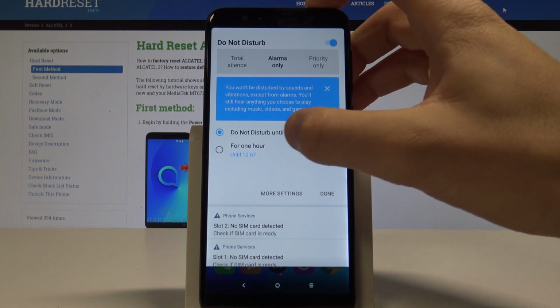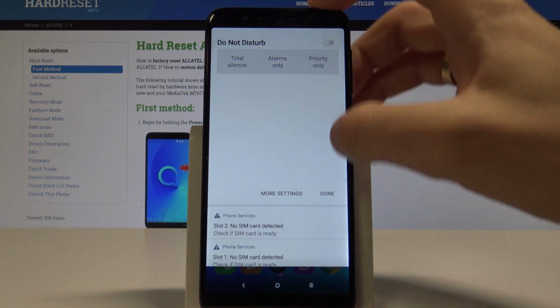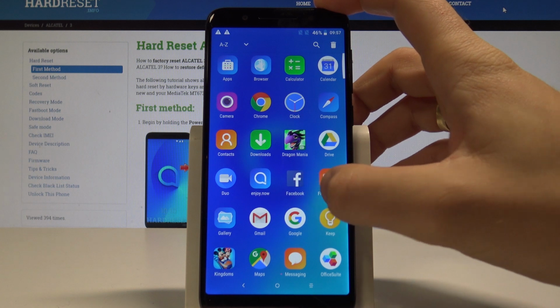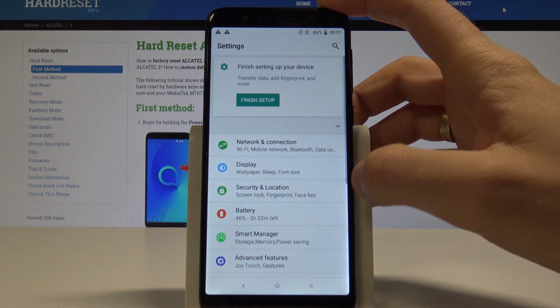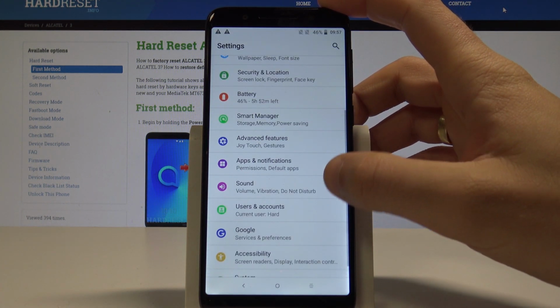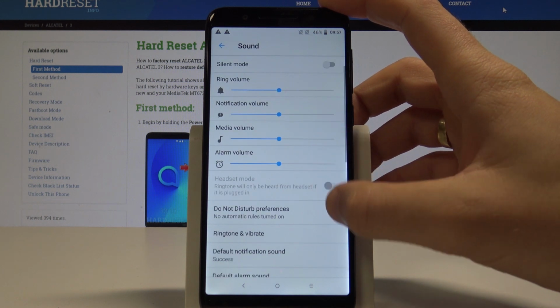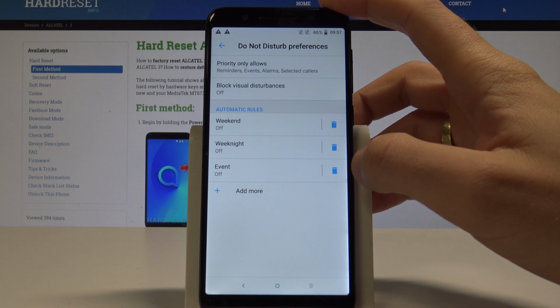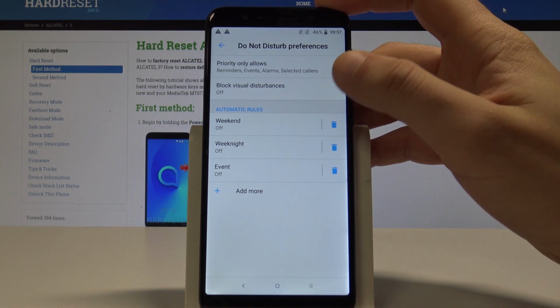And you may also find the Do Not Disturb in settings, so let me do it. Let's tap apps icon, find and select the settings. From the list of settings, let's find and select sound. Here you should find Do Not Disturb right here, Do Not Disturb preferences, and here you can customize your priority